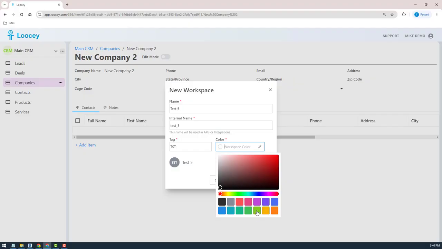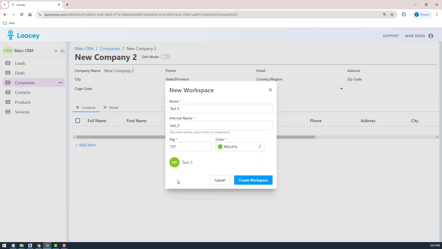You can also select color. We make colors pretty flexible. I know some other apps that limit you to a certain color set and so on. You could go crazy with colors in our system, right? So I'm gonna go ahead and create this workspace, and it's gonna create a blank